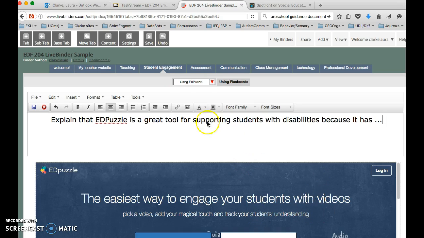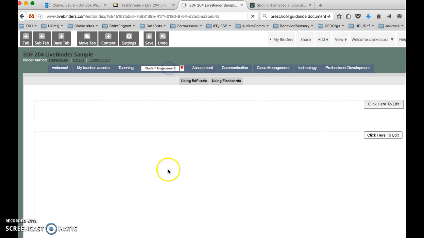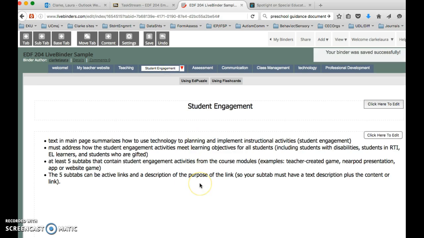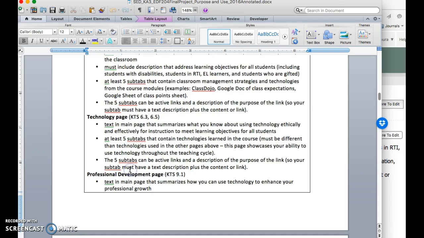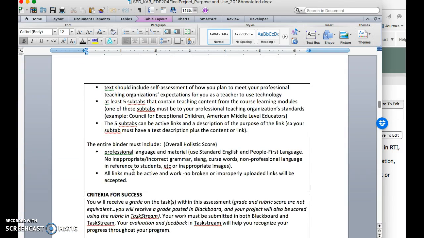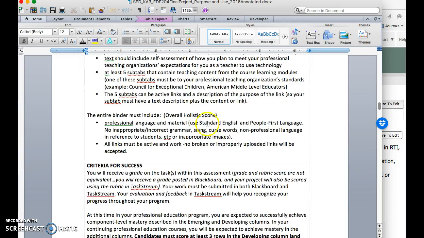But that's up to you. You just want to make sure that you are completely addressing the requirements for each tab and sub-tabs. Okay, I'm going to head back to my Word document. So we have tabs for communication and classroom management, also technology and professional development, and then you'll also receive an